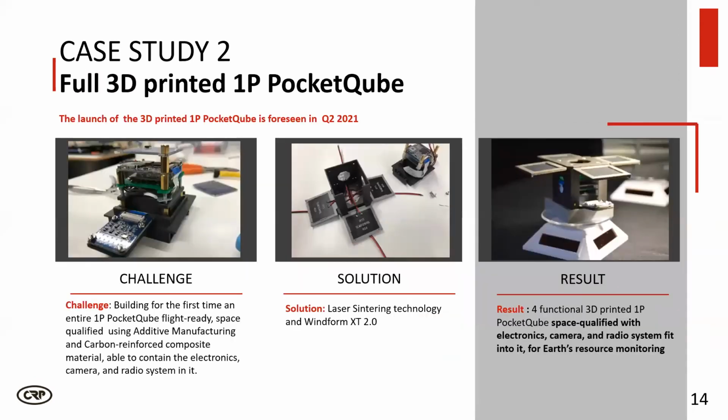Now let's talk about the next case study. Yes, case study number 2. It's a MiniCube space qualified 1P pocket cube, a space ready nano satellite. This second case study was developed with MiniCubes LLC, a company founded in 2018 to take the concept of pocket cube and develop it into a viable product